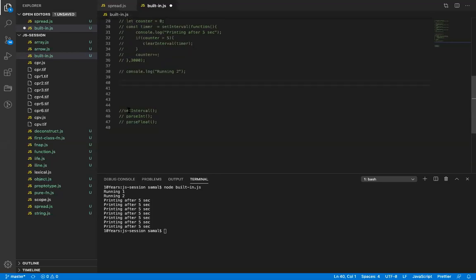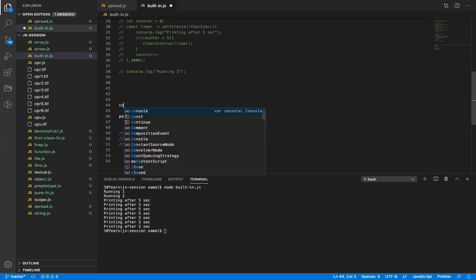Okay. Another function is called parseInt. All right. So parseInt, because in JavaScript, at least in ES5, we don't have int. In ES6 there is a provision introduced, but that is still not a native int value, right? This is not a good way to check, but if you want to convert something to a number, earlier we used to do this.